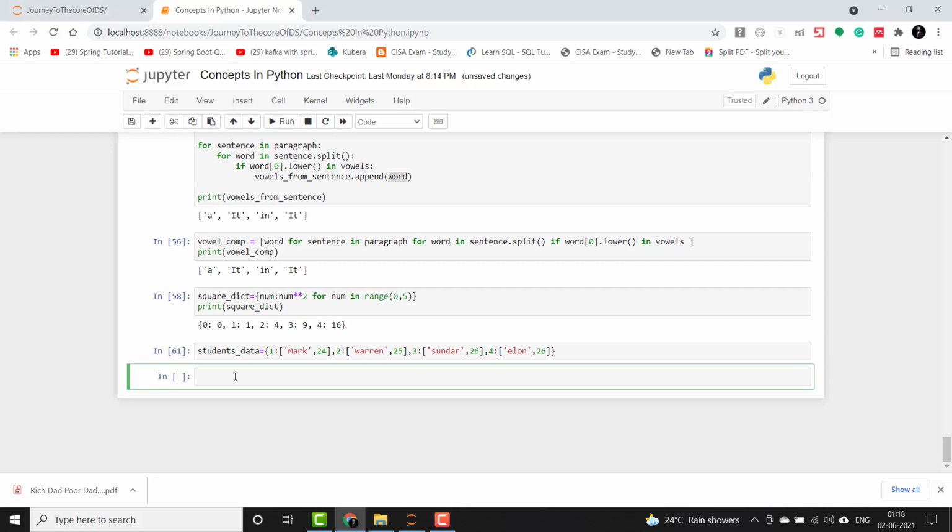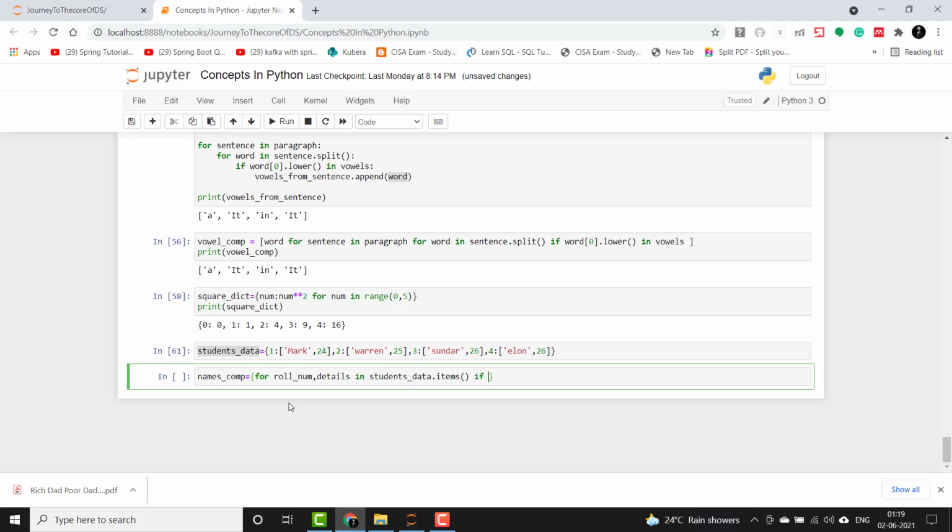As you have already been familiarized with it and are comfortable, I expect that this should be simple. So names comp is the name of the dictionary we are using here, and first we will iterate this dictionary. We'll say roll num, details in student data dot items.